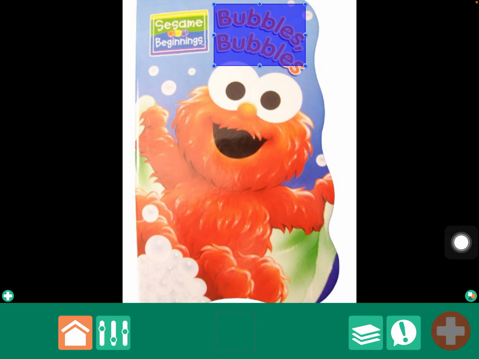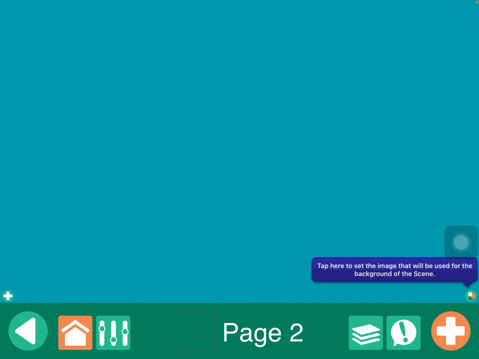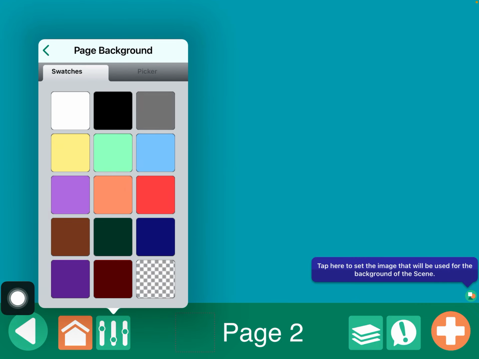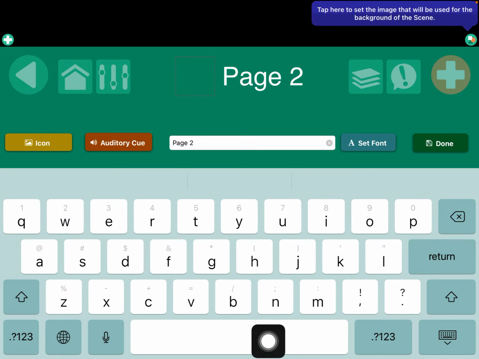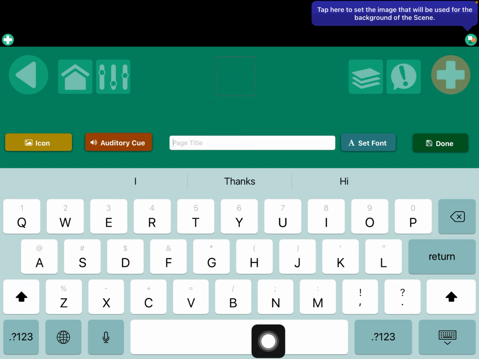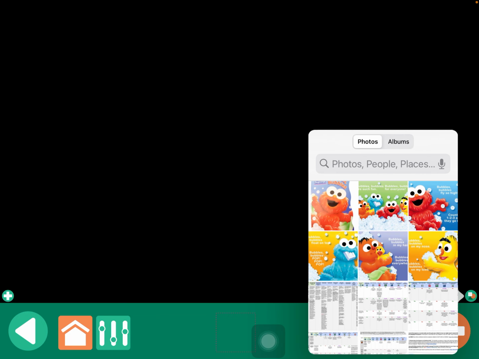And then I can add another one here and add a blank scene page. So same thing, going to go over here, adjust my background color. You could leave it that blue. I just usually like to use that particular color. Same thing, go in here. If you wanted to title the pages, you can. I usually tend to not do that for interactive activities or books, so I make this as simple of interface as possible. So I'm going to tap here again, and so my first page,